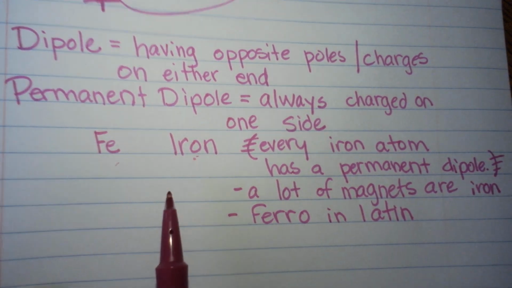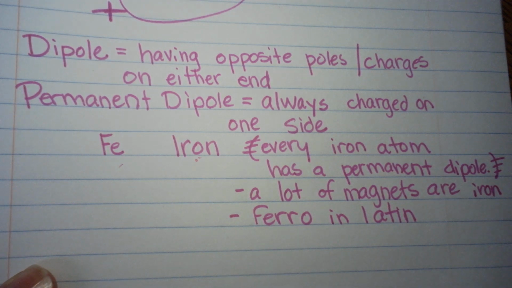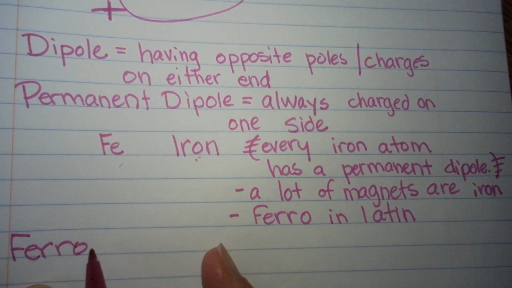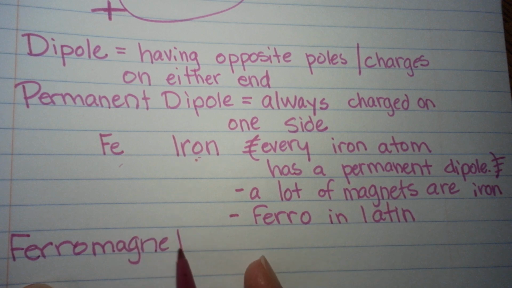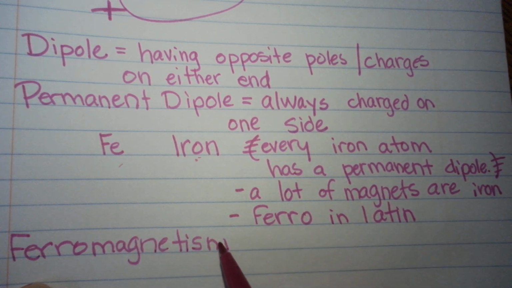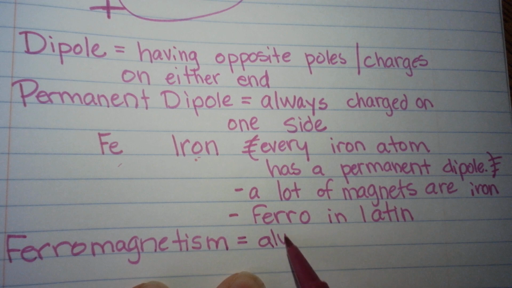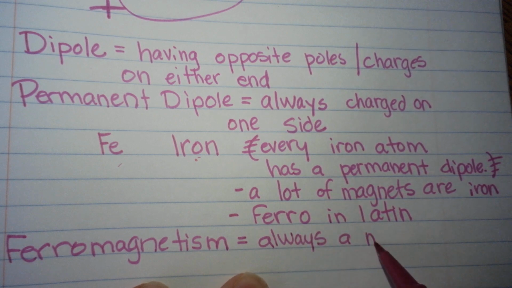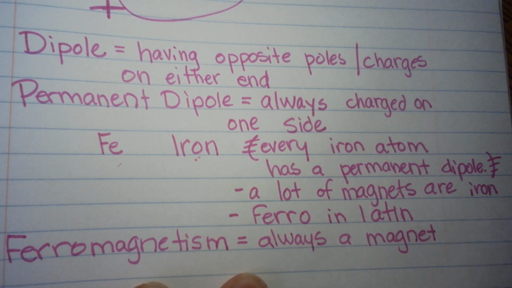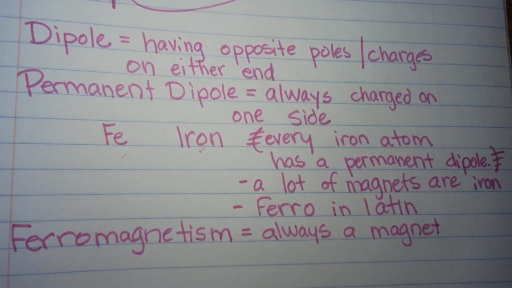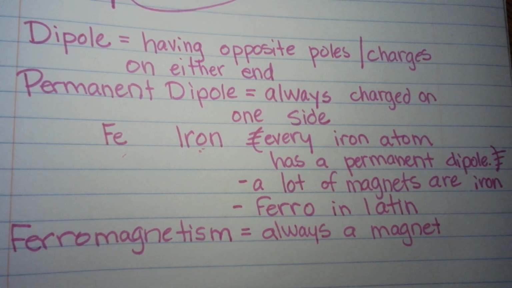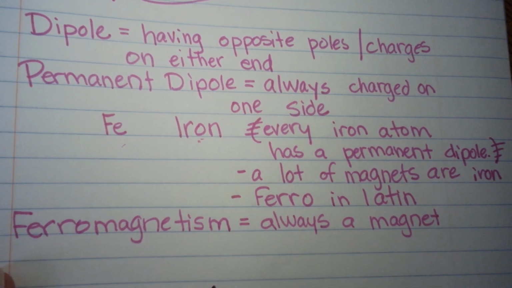All right. Now you might say, well, why on earth do I care about that? And here's why you care about that. Because in science, in physics, ferromagnetism means that it's always a magnet. So we're kind of giving a bunch of words right now, but that's like an iron atom is always a magnet. Okay? All iron isn't, but